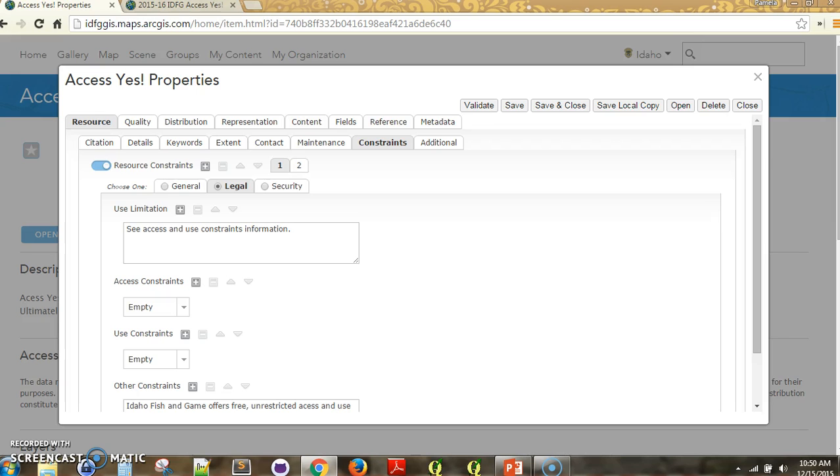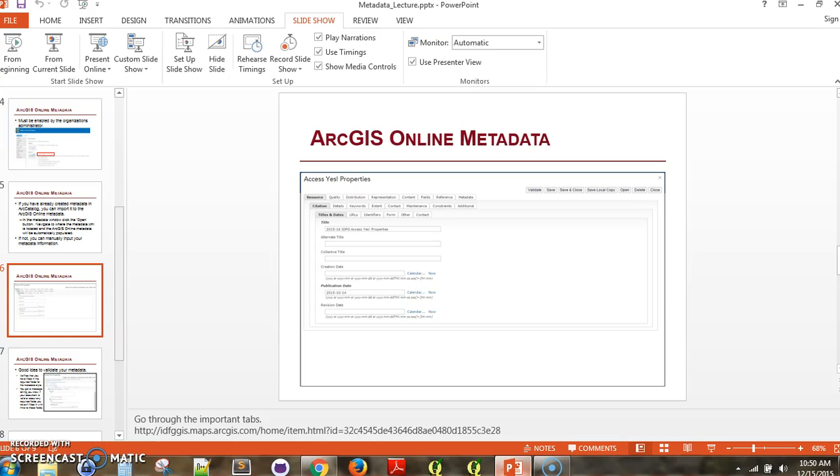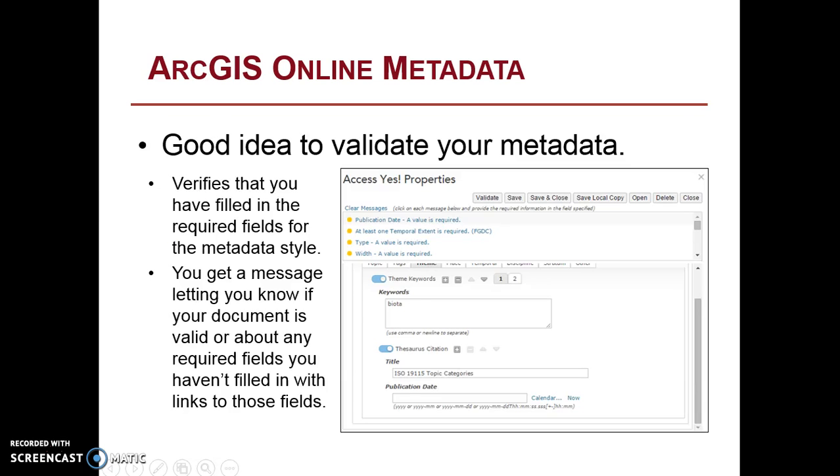Once you have filled out each of the fields required, it is important to validate your metadata. This verifies that you have filled in the required fields for your metadata style. You get a message letting you know that your document is valid or about any required fields you haven't filled in, with links to those fields at the top of your metadata editor window after you've clicked the Validate button. Once you have validated and saved,